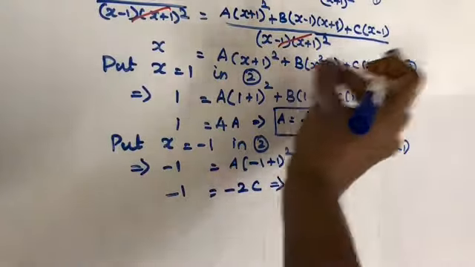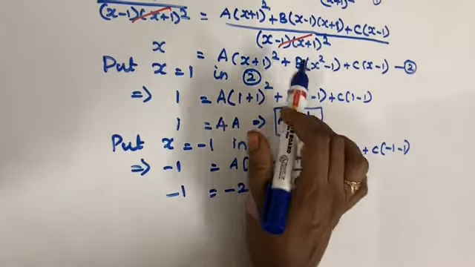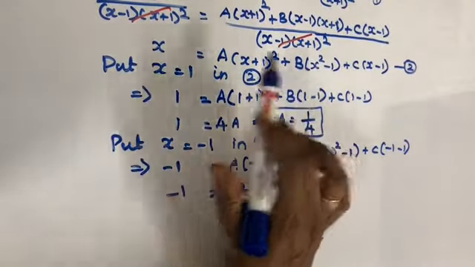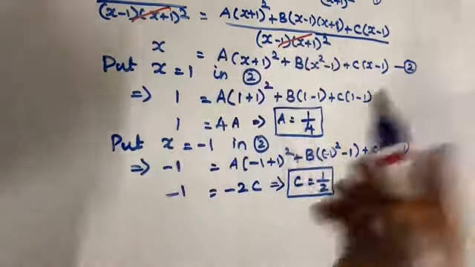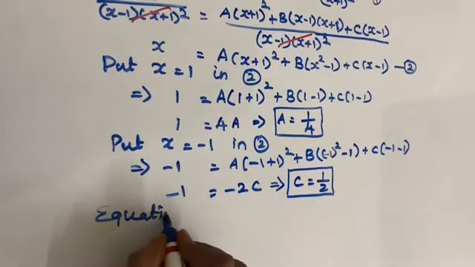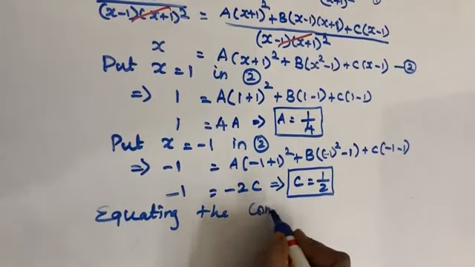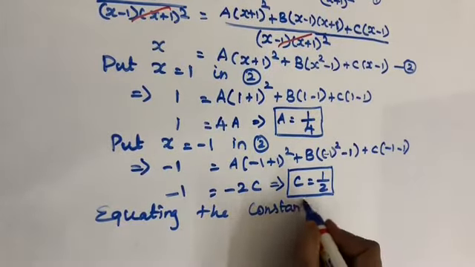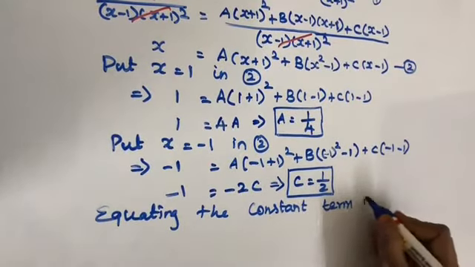We have to find the value of b. Okay. So, to find b, I am going to equate the constant terms on both sides. Equating the constant terms or x terms or x square terms, it is according to our convenience,